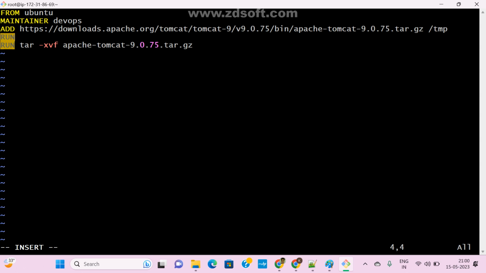Now I'm going to WORKDIR. WORKDIR works here, slash tmp. By default it will go to that directory. Anything missing? No, now it is correct. WORKDIR, escape colon x.